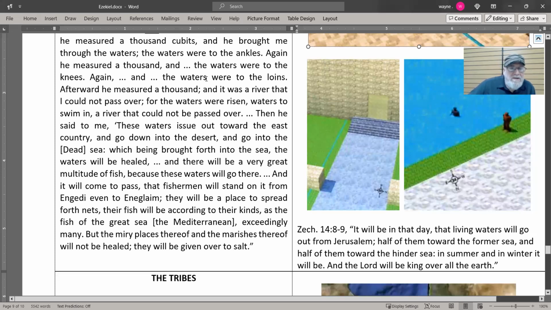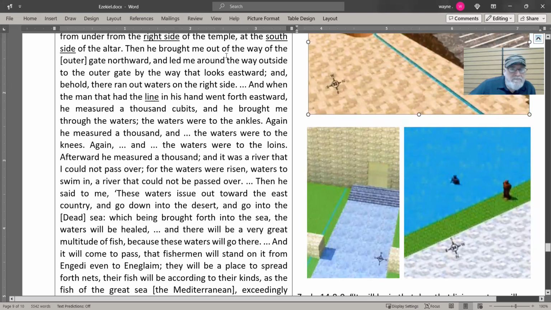So then there ran waters out on the right side. That is the way it is if you're facing out towards the east. And when the man that had the line in his hand, that's the angel. I wonder if I should change that to angel, for clarity, went forth eastward, he measured 1,000 cubits, and he brought me through the waters, and the waters